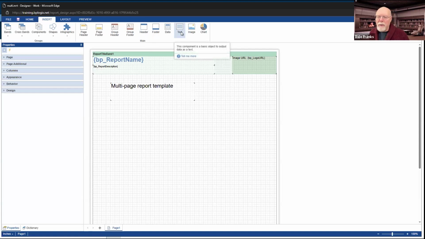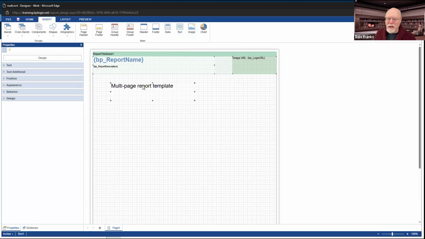There are some other components. There's a free text component. That's, in fact, what this is right here. It's just a text component, a text box, basically. I can toss in an image as well, similarly, by dropping it down on the report, and I can generate different types of charts: Gantt charts, bar charts, line charts, area charts, scatter charts. I have lots of choices here.